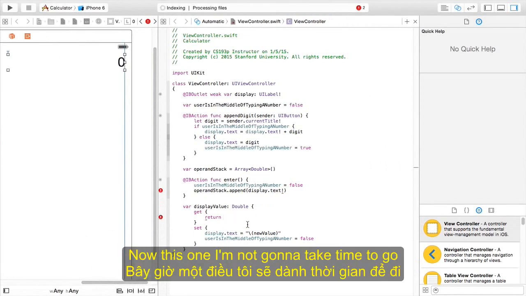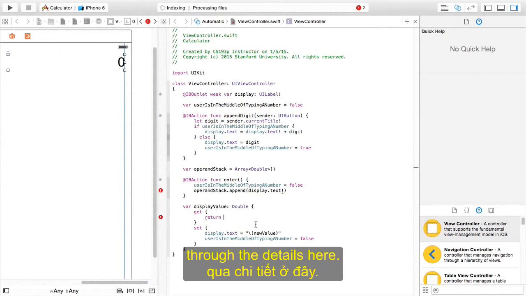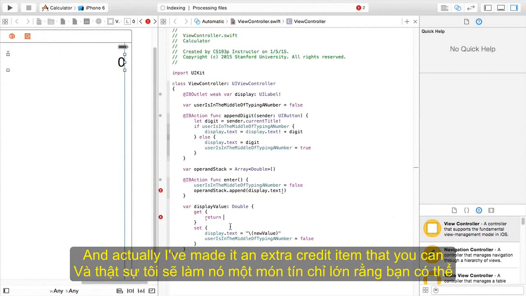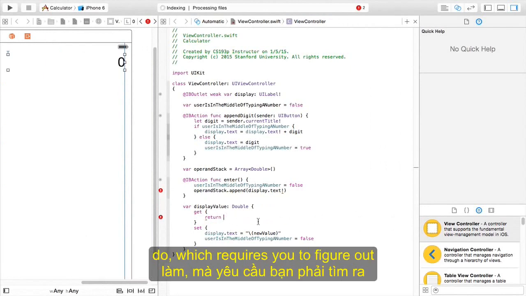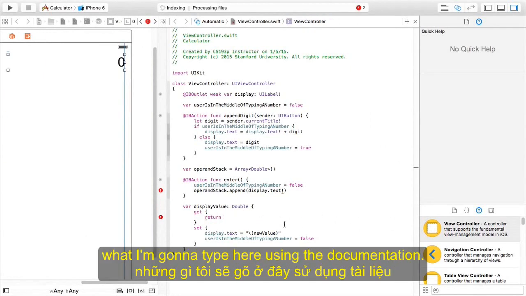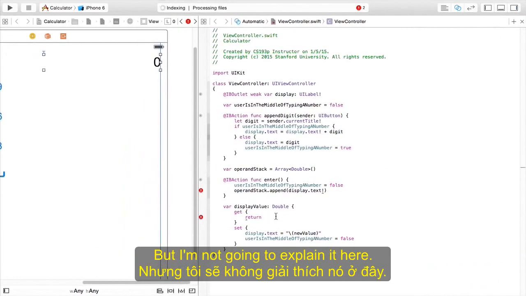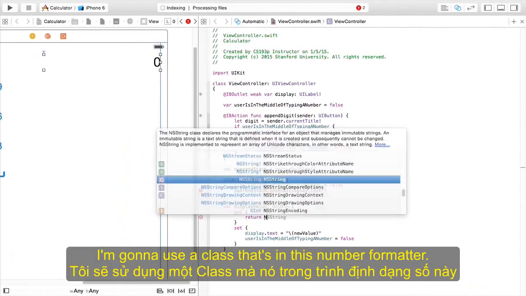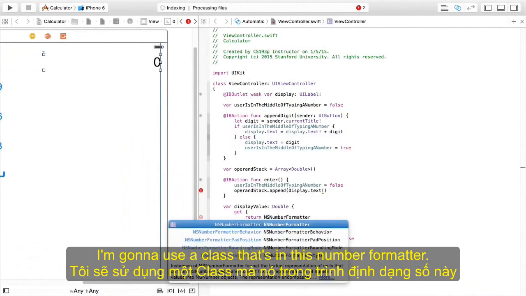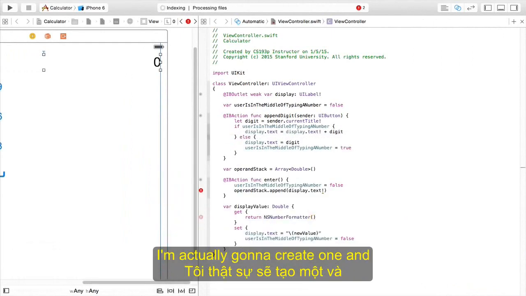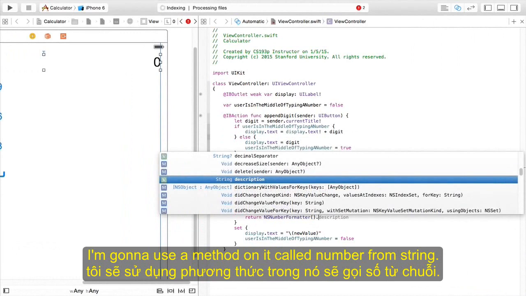Now, this one, I'm not going to take the time to go through the details here, and actually I've made an extra credit item that you can do, which requires you to figure out what I'm going to type here using the documentation, but I'm not going to explain it here. But I'm going to use a class called an NSNumberFormatter. I'm actually going to create one. Then I'm going to use a method on it called number